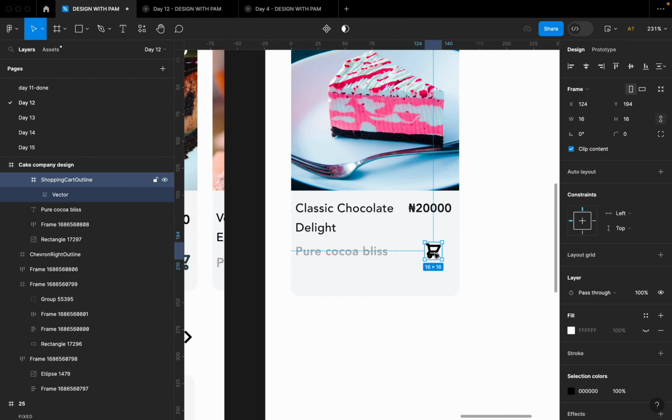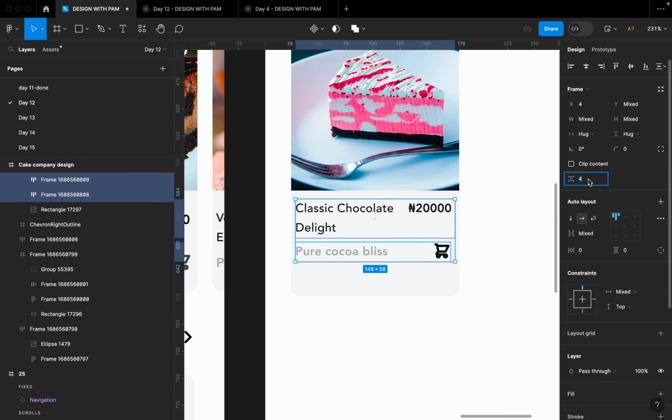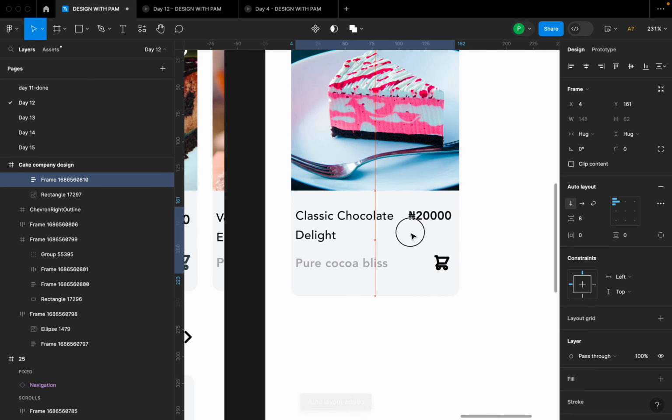I think this is fine. So I'm going to also create an auto layout. Try to move this here. Then select both of them and give it a spacing of up to 8. Sorry, up to 8. I'm going to create an auto layout and make sure I try to center it here. As long as it's centered,